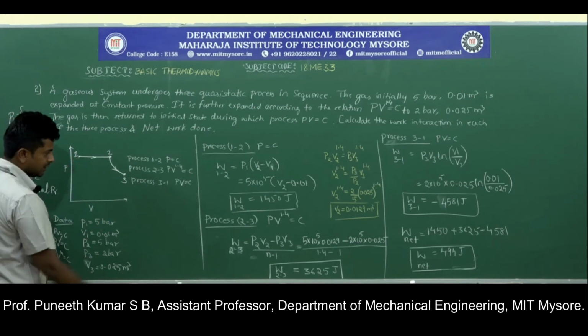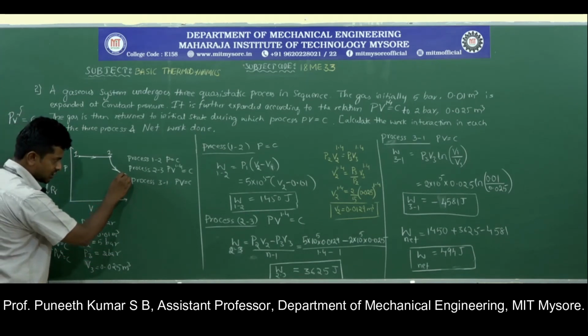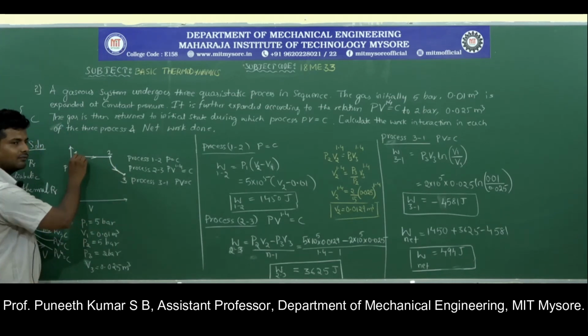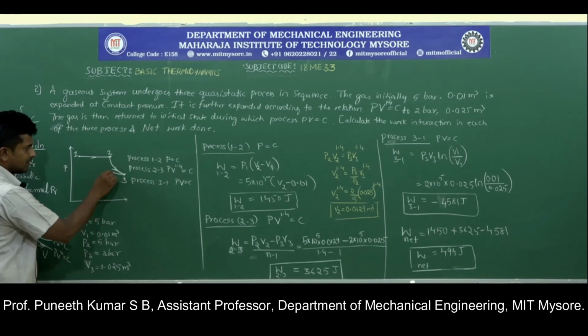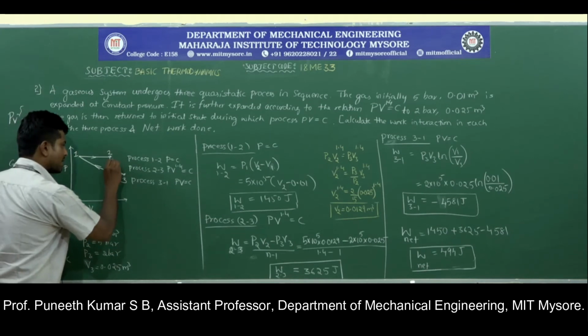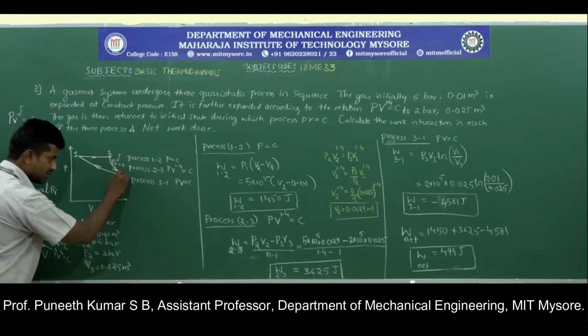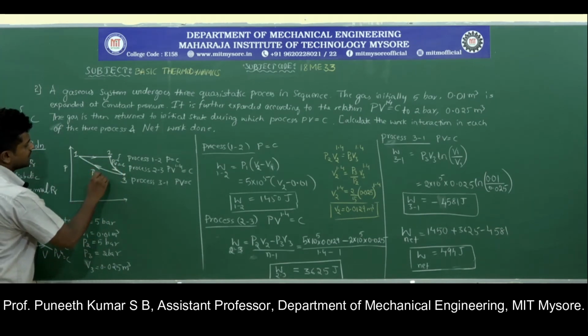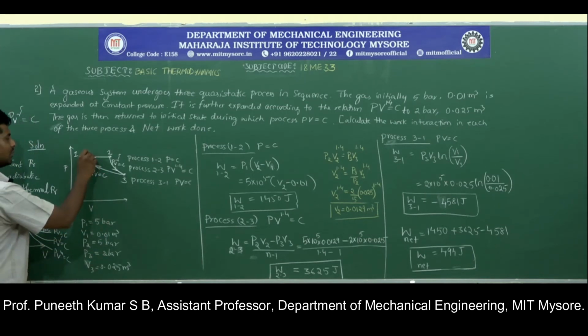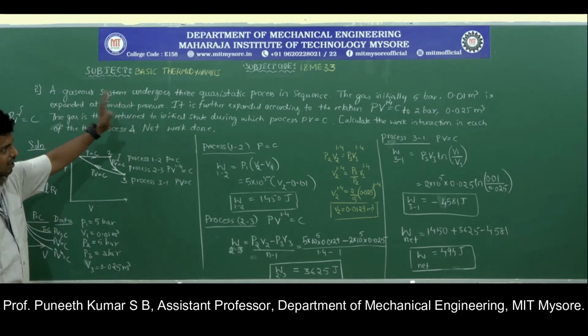But we should be very careful here. For the third process, 3 is the initial point and 1 is the final point. So it looks like that. Now we have completed the process. Also by comparison, we can see that the curvature of the adiabatic process, PV to the power of gamma is equal to C, is much steeper compared to PV is equal to C. Now all the processes have been represented in the sequence as said in the question.